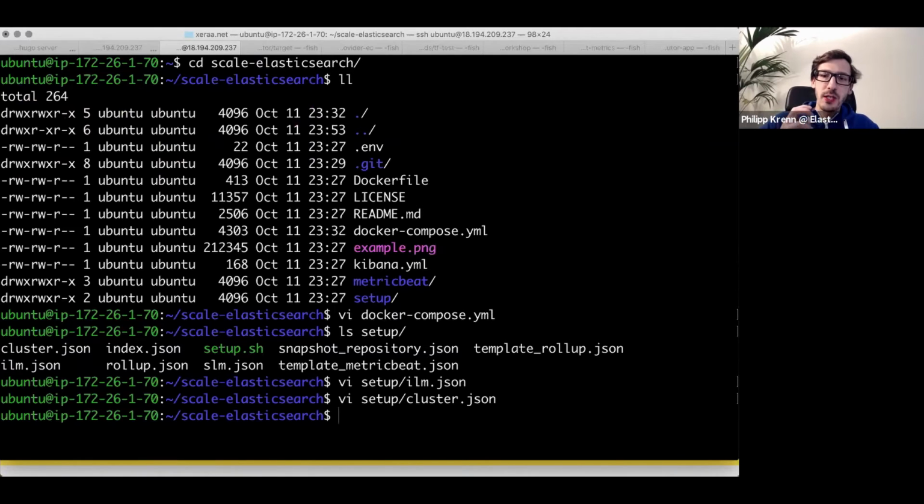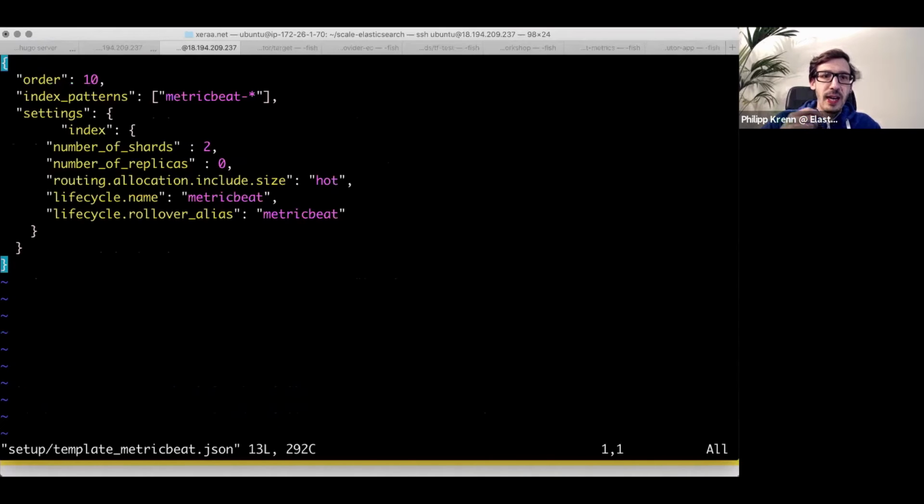Final piece, how is this all tied together? How does my data know that it should go to a hot node initially? We have a template called template metric beat. In this template, I define that the data that I'm writing, the metrics that I'm collecting, should have two primary shards. So this is like a data structure that you could split over two physical servers then if you wanted to. It should be allocated on the hot node, and it will use this lifecycle policy